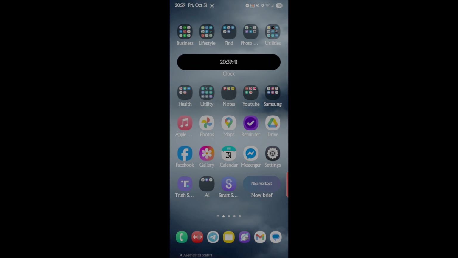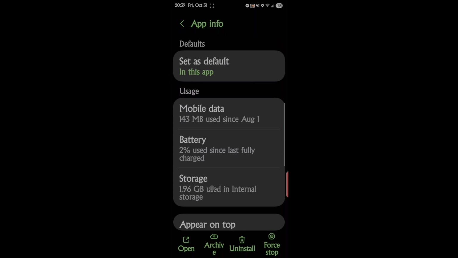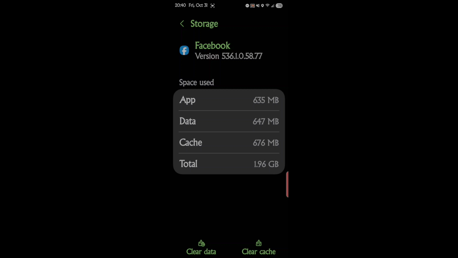So if I, for example, had Facebook and it was locking up on me, which it does a lot, you can do it this method. Tap and hold, and then the I for information, go on that, scroll down, and we look for storage. And then at the bottom here, you see clear data and clear cache. So right now my Facebook is taking up 1.96 gigs. If I clear the data and I clear cache,